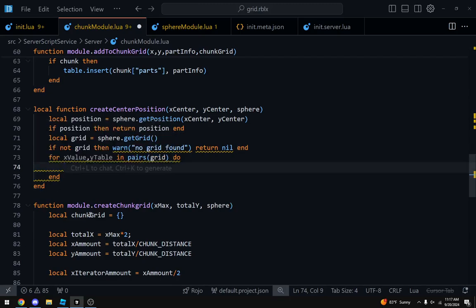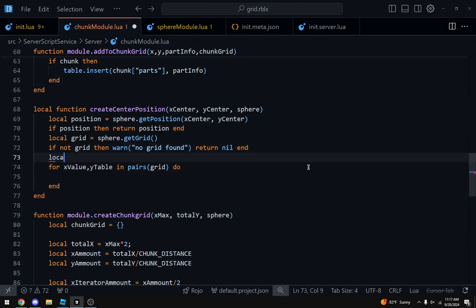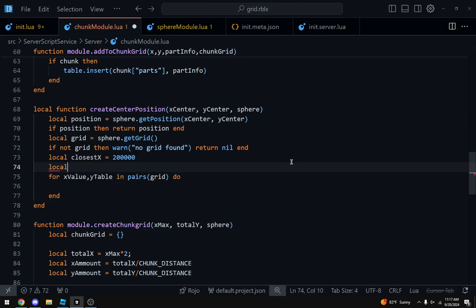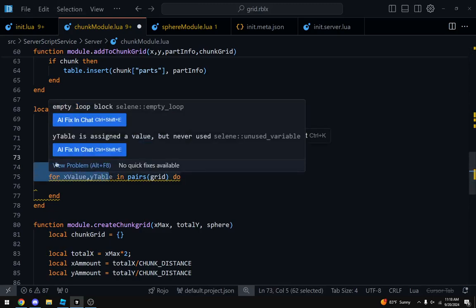So what we could do is do what we did before, local closest x equals, and we'll give it an impossible number, and local closest x num, and then local closest x.